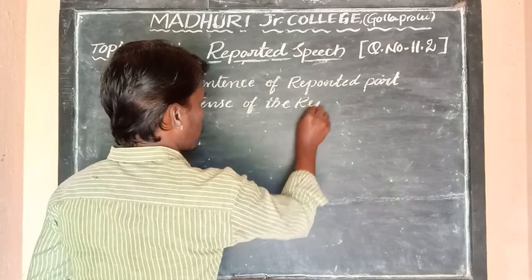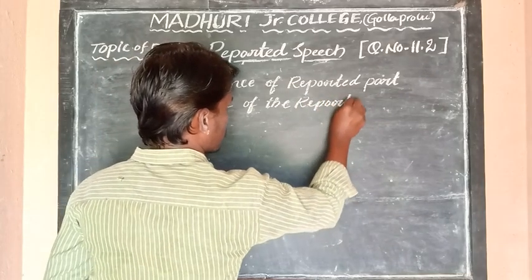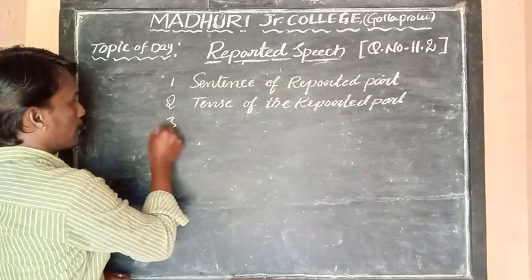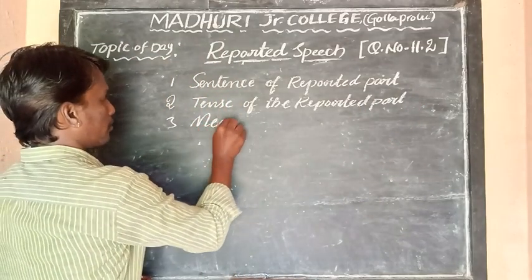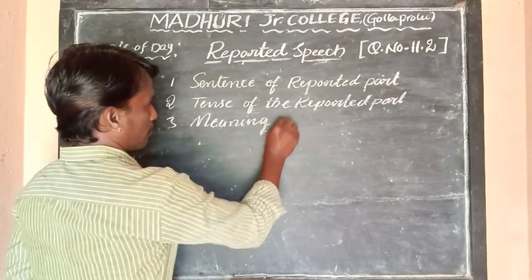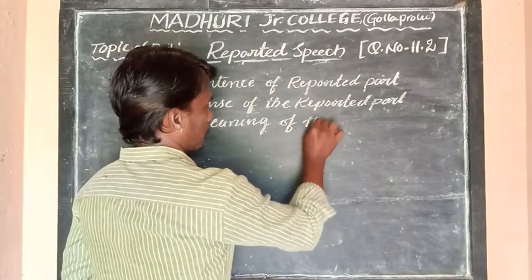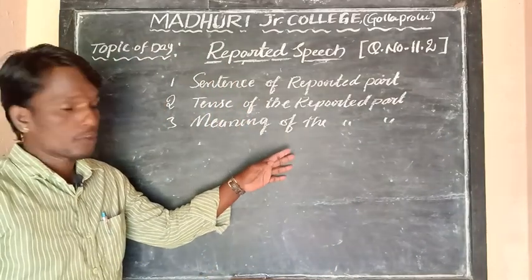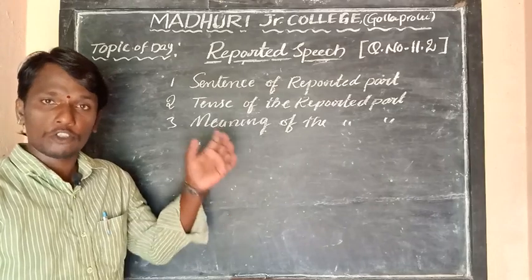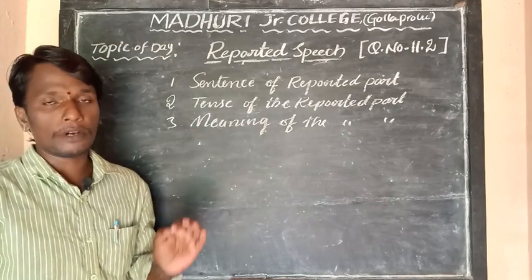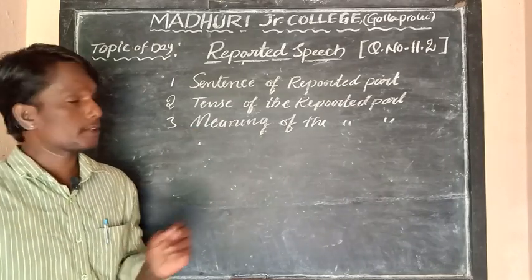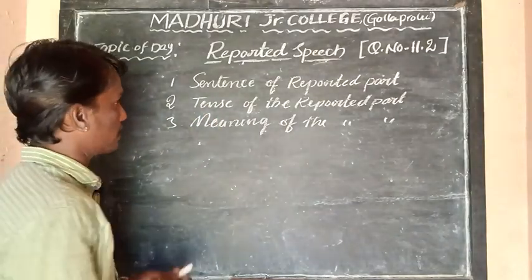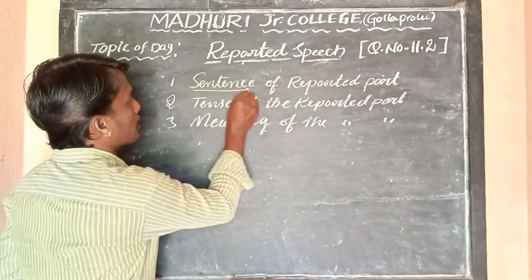Tense of the reported part. And thirdly, meaning of the reported part. So if you wanted to change the following direct speech into the indirect speech, you simply follow very ordinary rules. The very first rule of changing direct speech into the indirect speech is the sentence of the reported